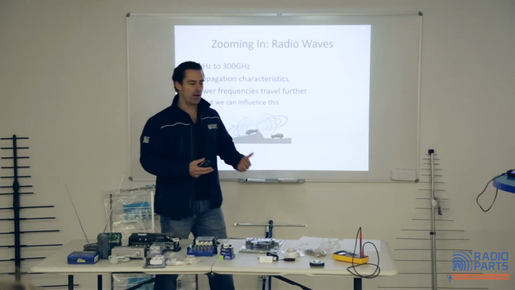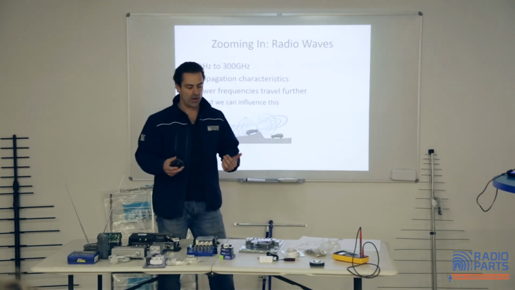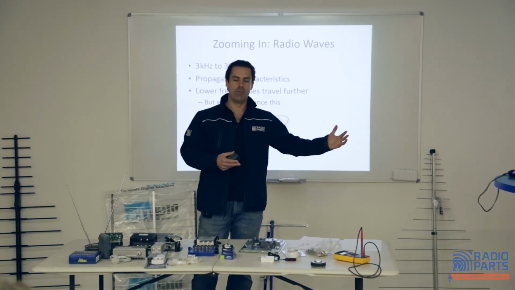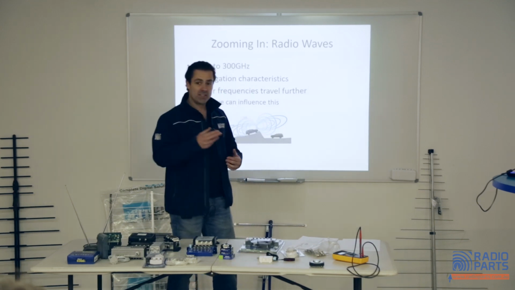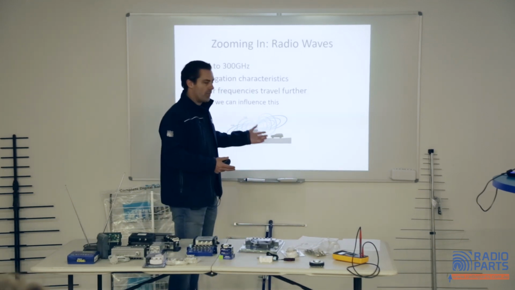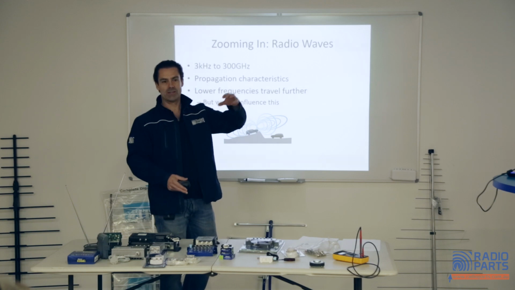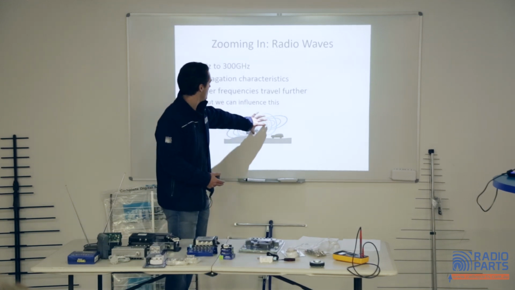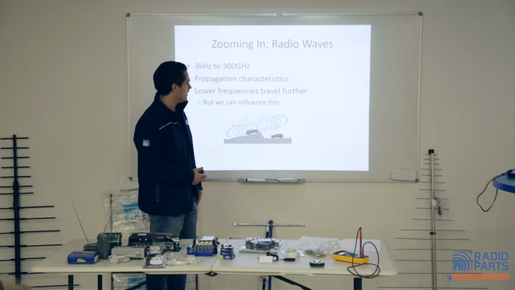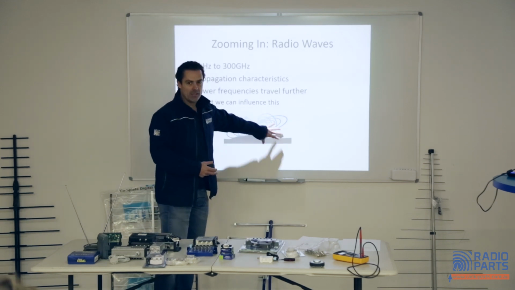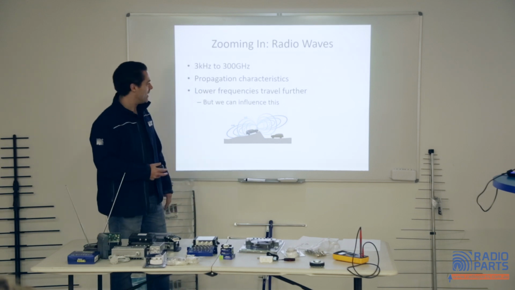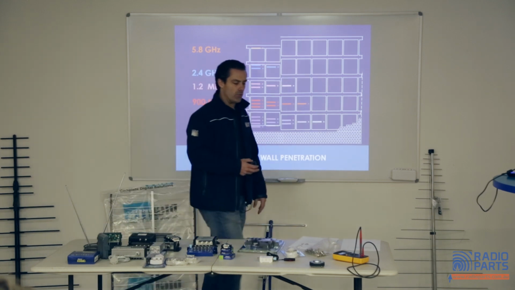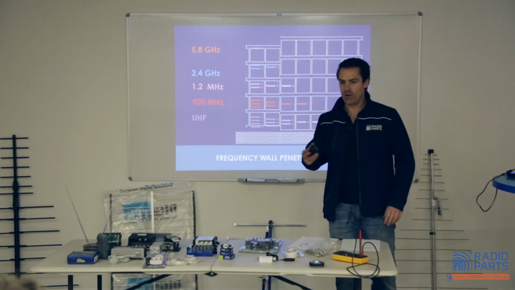So if a four-wheel driver doesn't know exactly what environment they're going to go in, it might be open or it might be hilly, it might be a city environment, then a lot of the brands are offering two types of antennas. They'll give you a base with a short antenna and a long antenna for that reason, just because the propagation characteristics are different. So these kinds of rules also apply to things like TV antennas, obviously. Also a good general rule, and it explains also a lot of things about